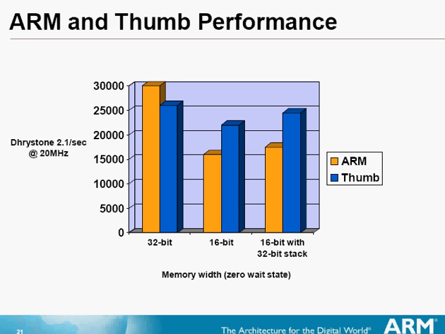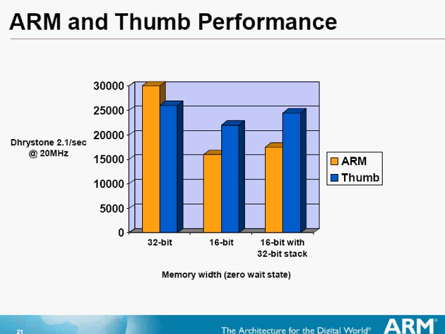Here's a little comparison between ARM instruction set and Thumb instruction set. Initially, in the beginning, ARM instruction set was written. After that, another instruction set called Thumb was written, and then Thumb 2. What's the difference between these two, and how can we compare the performance and power between these two